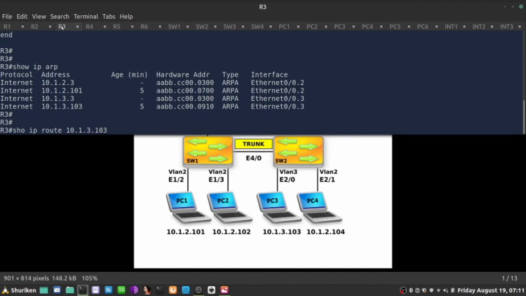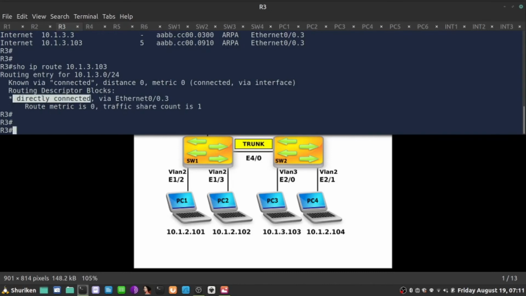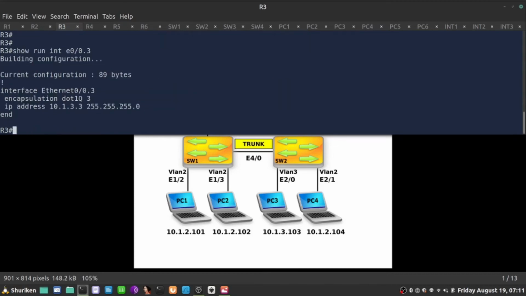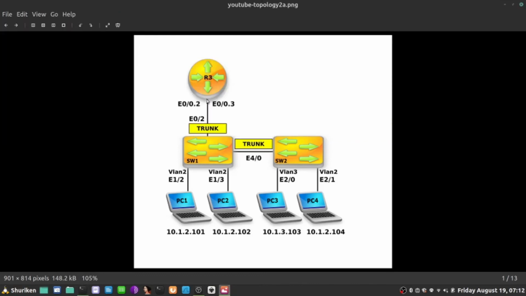10.1.3.103, how would I send the packets out? I would send the packets out interface Ethernet 0/0.3 because that is directly connected to that subnet with this configuration. That creates an entry in the routing table as directly connected. We can see that with show IP route connected. So we have this network connected on the interface E0/0.3. What happens then? The packet is moved from Ethernet 0/0.2 to Ethernet 0/0.3 and needs to be encapsulated